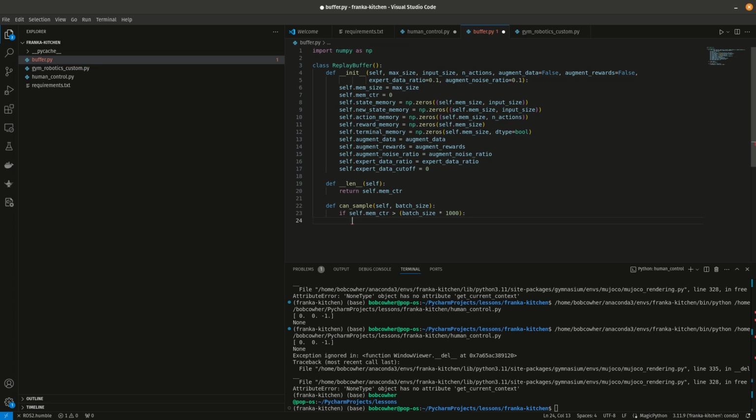But since we're relying on human data as sort of a starter, and then later in fine-tuning, we don't want to overcorrect with small replay buffer sizes. We actually want this to be fairly large, unless the memory is batch size times 1,000, and our batch size will be 64. So unless we've got at least